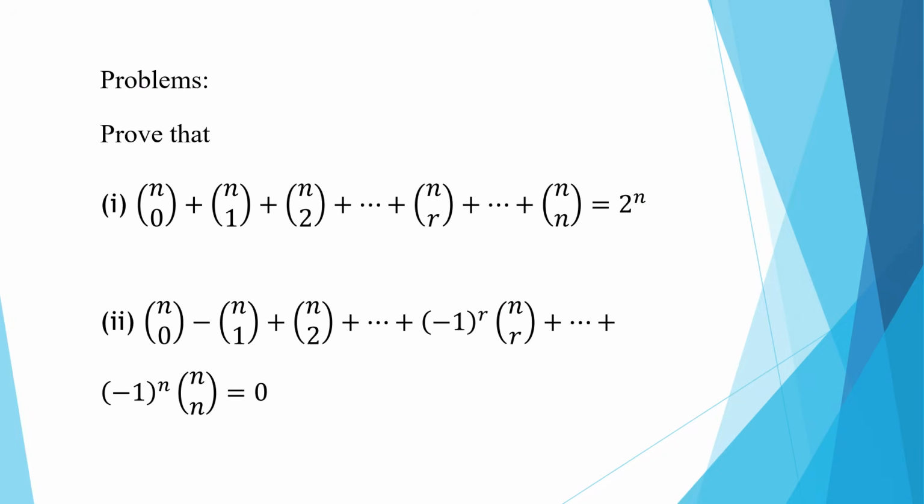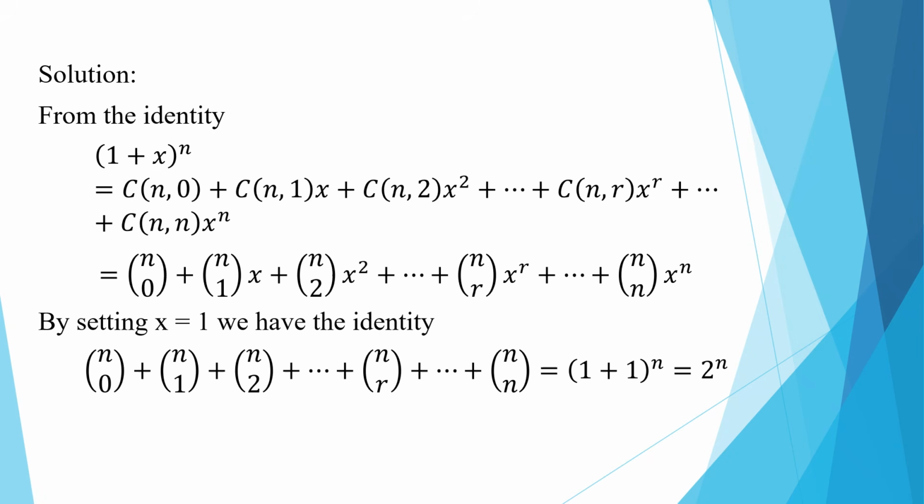This is the first subdivision we need to prove, and the second subdivision is nC0 minus nC1 plus nC2 etc. minus 1 the whole power r nCr plus etc. plus minus 1 the whole power n nCn equal to 0. So now, coming to the solution of this, we need to consider the identity 1 plus x the whole power